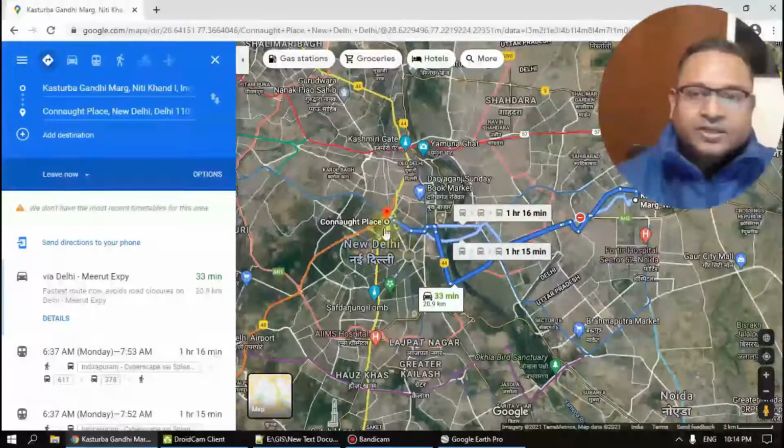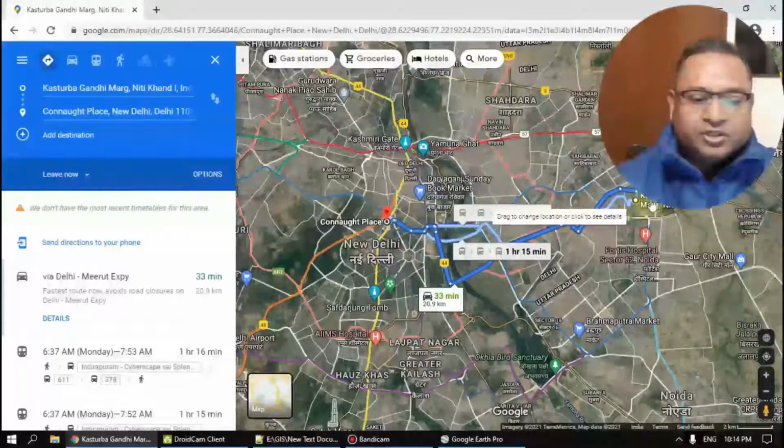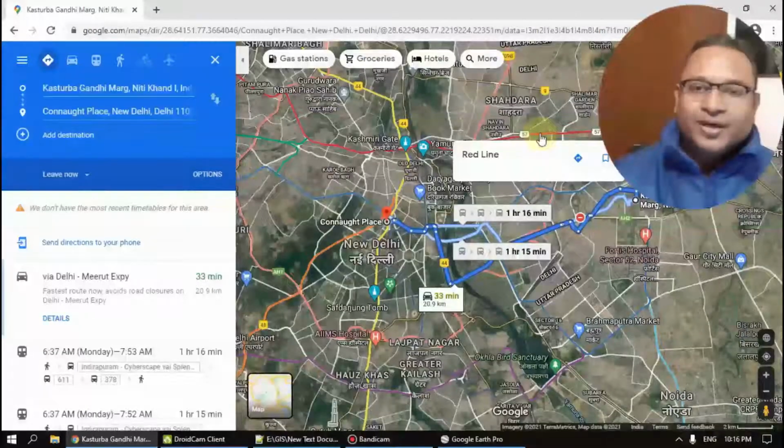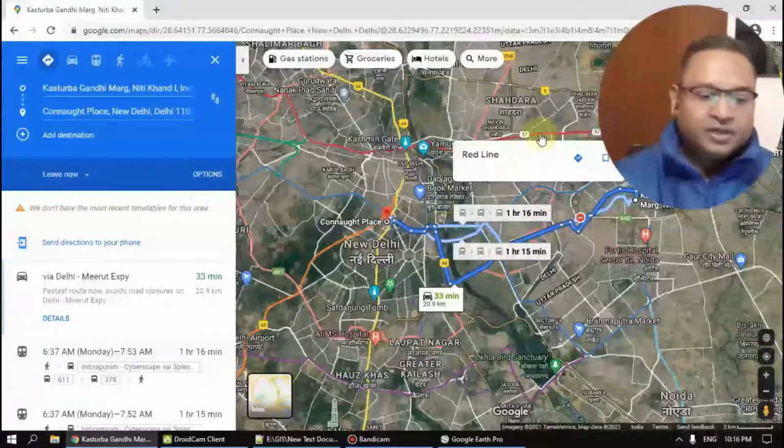So okay guys, these are a few practical examples of GIS applications, in which we very frequently use Google Maps in our daily life.